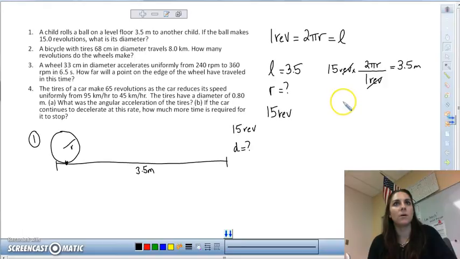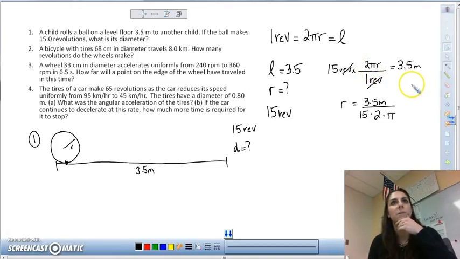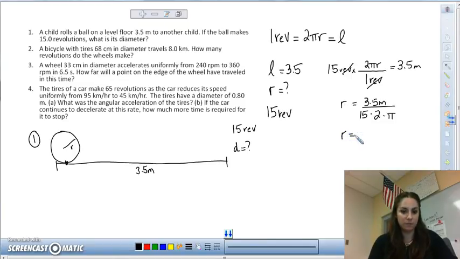So r is going to equal 3.5 meters divided by 15 times 2 times pi. So basically I could have simplified this, but you saw that all these came down, and that did too. So when I solve this out, 3.5 divided by 15, 2 pi,